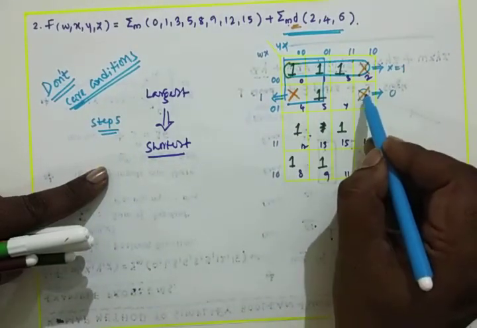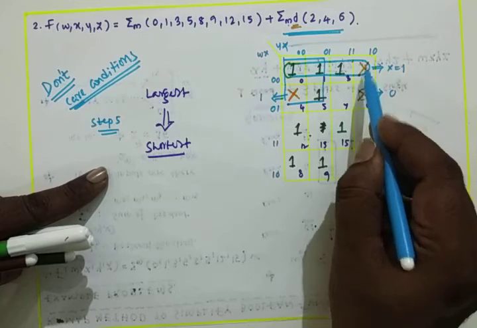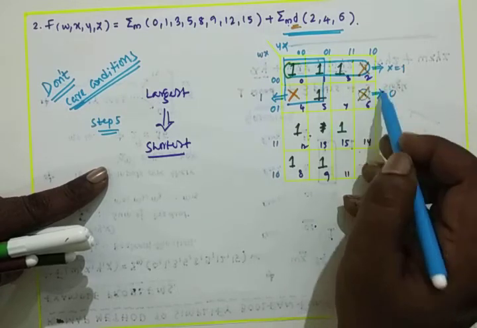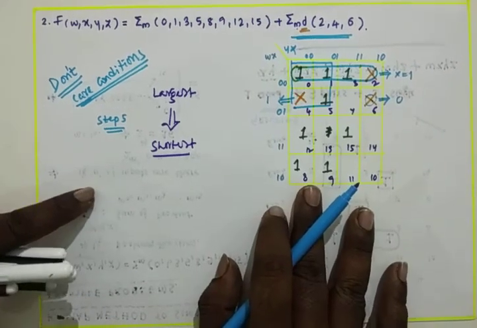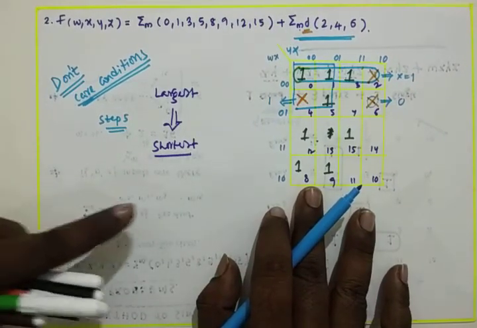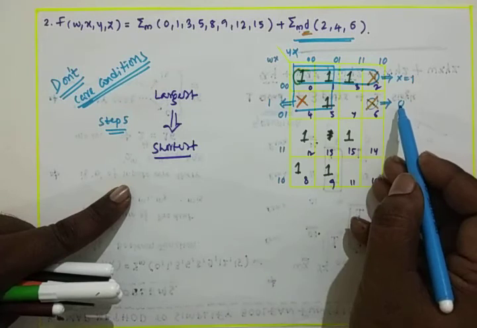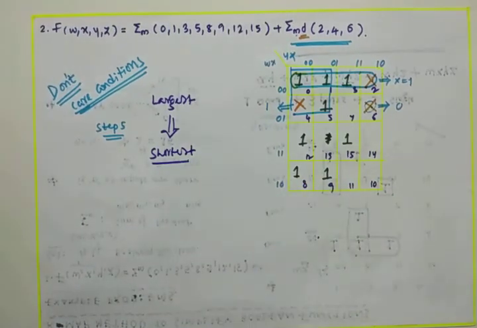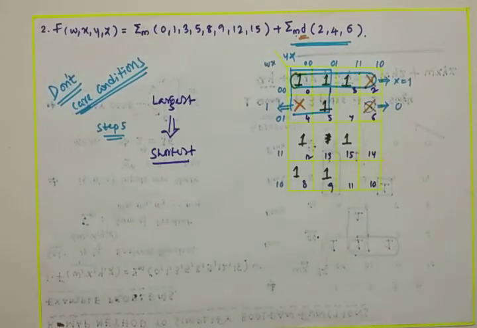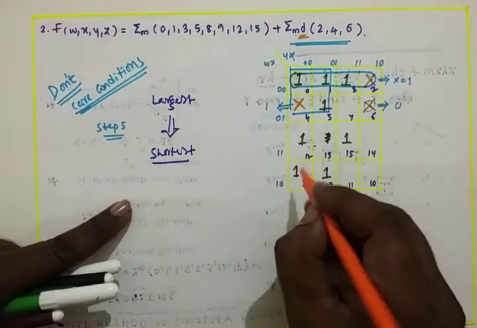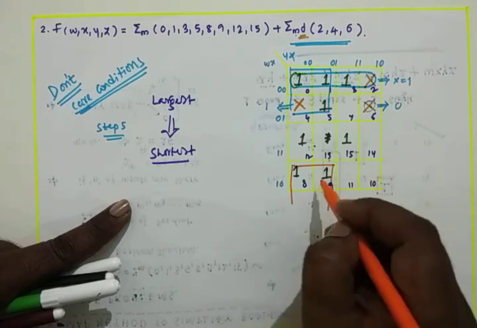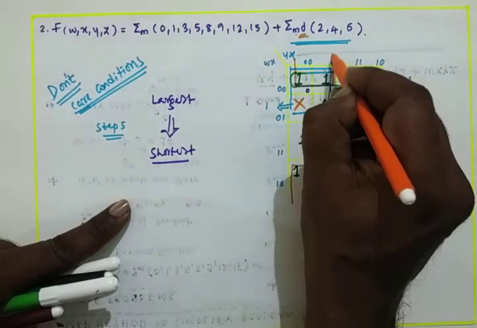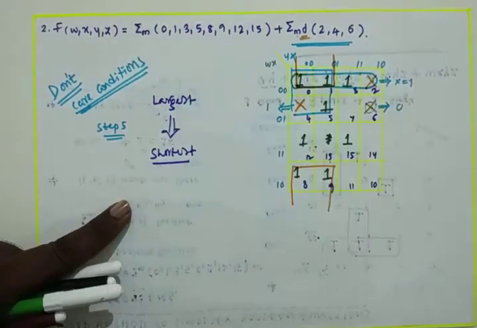And if I assume this is also 1, I can form one more group with this one and this one. If I form one more group, additionally one more term is going to be in the output expression, so I am considering this is 0. Then as it is now, the bottom side also has 2 ones, so I can have these 2 ones and here also 2 ones. That is nothing but one quad.